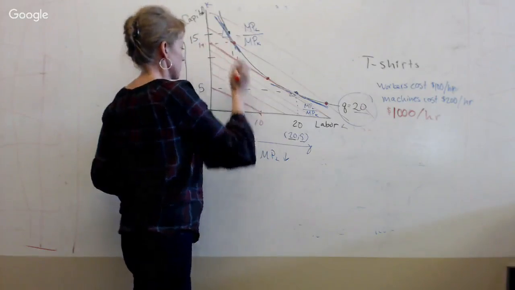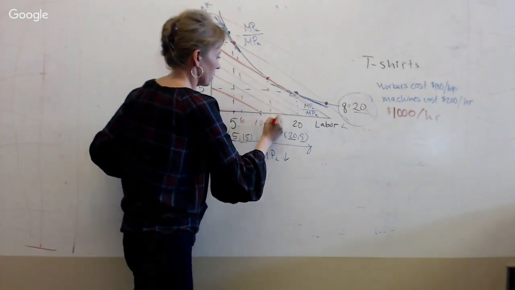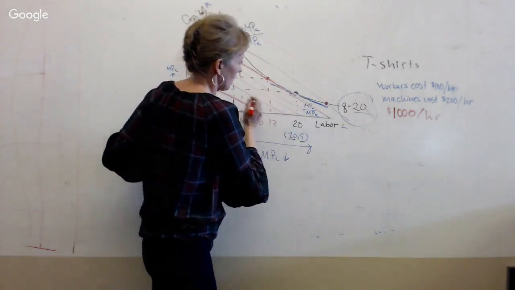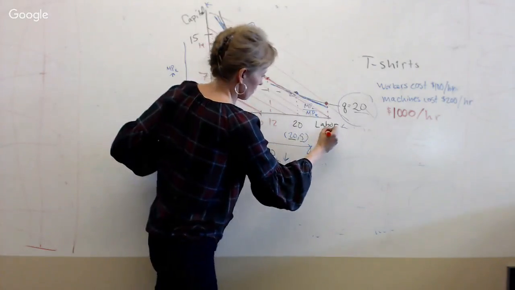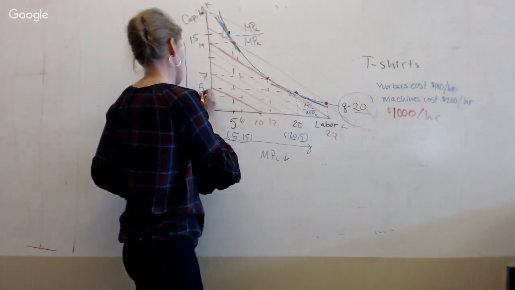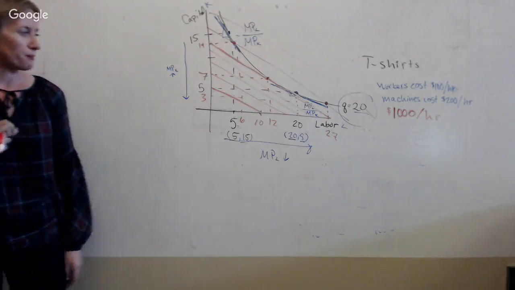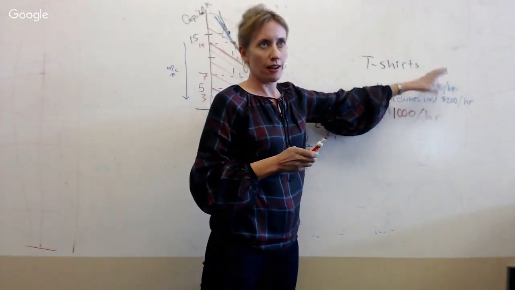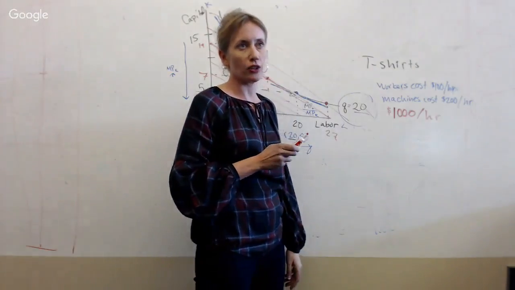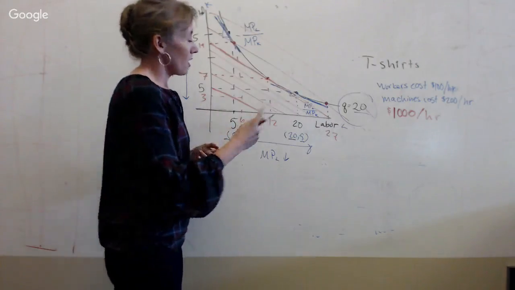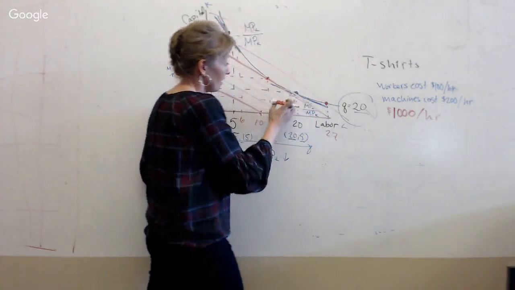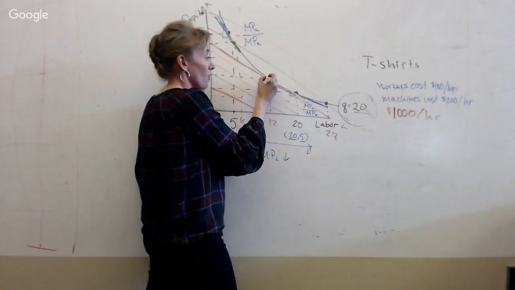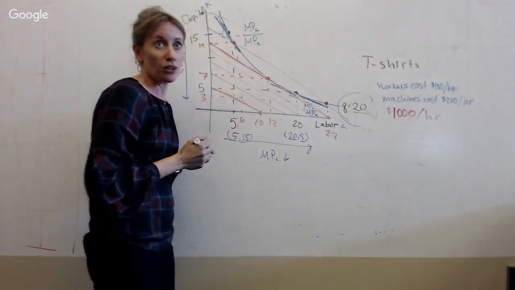Of the points that I have drawn here, let's call this 14.6 and 12, this one 12 and 7, which looks pretty good, and this one down here 27 and 3. Which one is the cheapest? We could go back to our numbers and calculate the value, or we could recall that the lowest cost is the lowest ISO cost curve. So this is the best our firm can do.